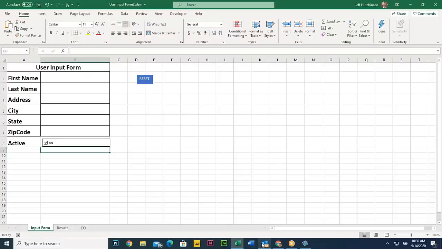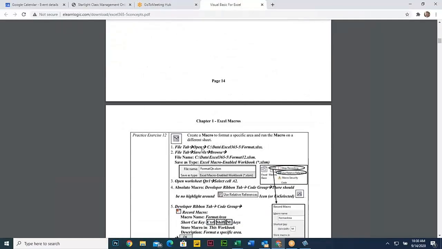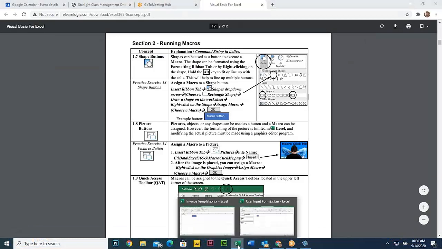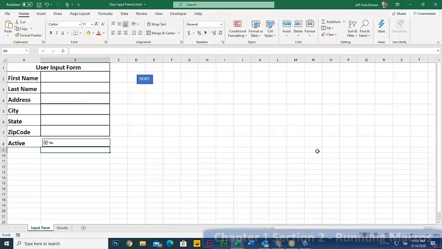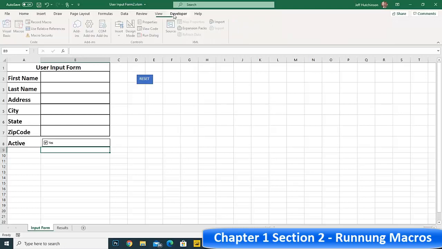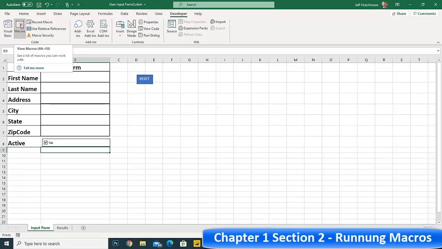There's a couple things we can do in terms of just finishing up some of these concepts. We're talking about running the macro. So some of the things we can do is, of course, we can make a shortcut key, right? You can also go through and create a shape. Another thing you might look at, though, is in terms of the shortcut keys, there is a couple ways to look at that. If you click on the macro button,